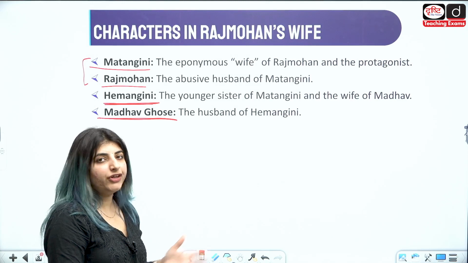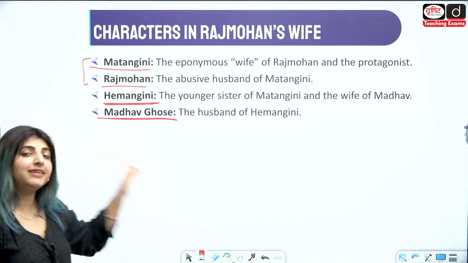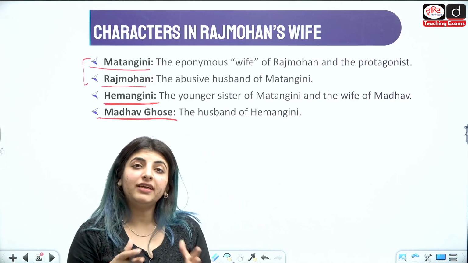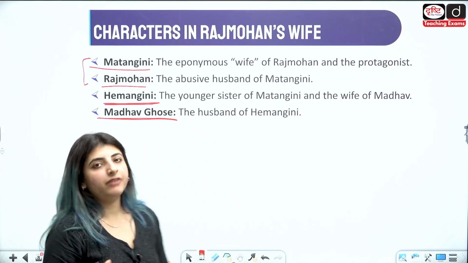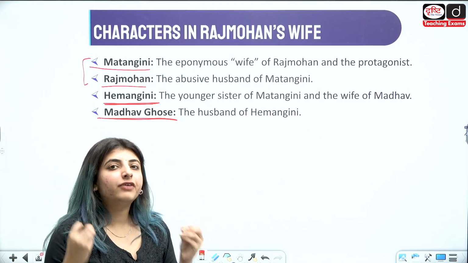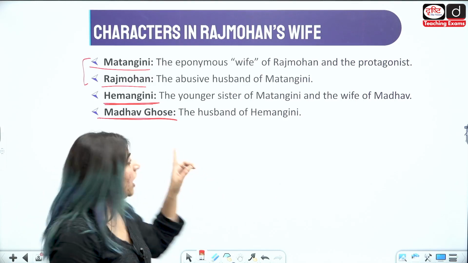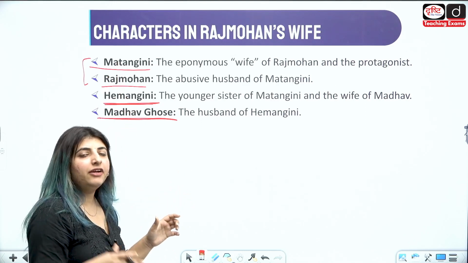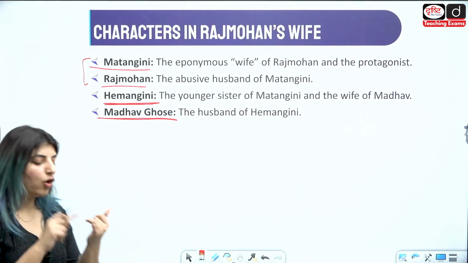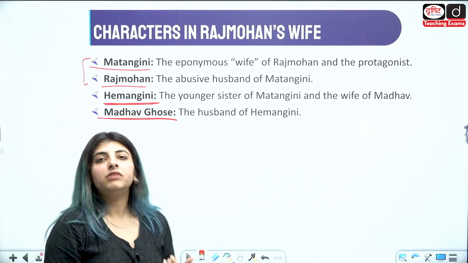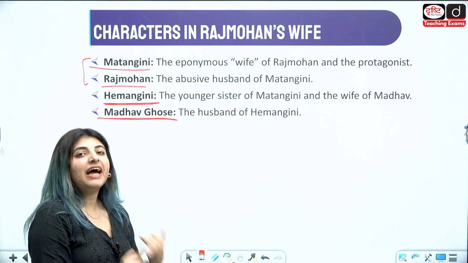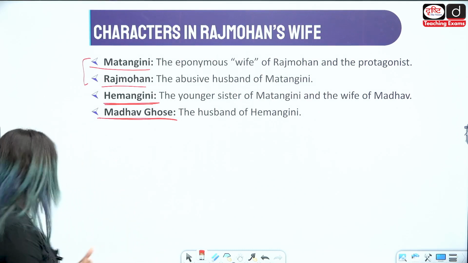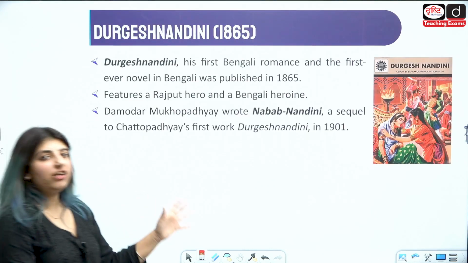So one way or the other, we also see that Raj Mohan is an abusive husband. He is a person who will keep on conspiring. And he wants the entire property of Madhav now. So he plans to get Madhav killed. What happens next? Of course, Matangini is somebody who somewhere or the other likes Madhav, and she overhears this entire plan of looting Madhav and later murdering him. So what's the next thing? That is why I'm saying that you all are supposed to read the summary of this work on your own. Moving forward, we have Durgesh Nandini.